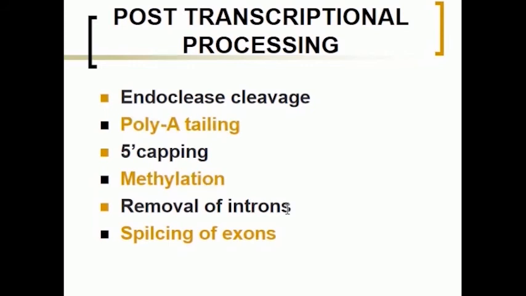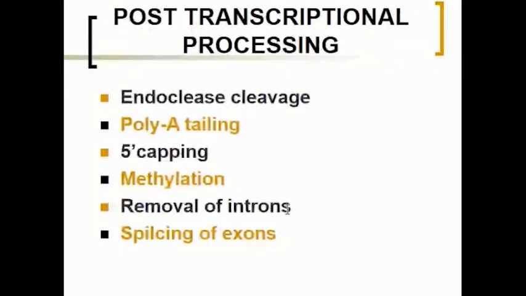And in case of the rho independent mechanism, what happens? In the sequence of the RNA that is synthesized, a certain region will be complementary to another region. So they go and form a bend, a hairpin-like bend. The RNA polymerase gets stuck in the bend, and it prevents the movement of RNA polymerase. So there occurs termination of the RNA synthesis. Then finally, post transcription, the RNA will be cleaved. That is called endonuclease.